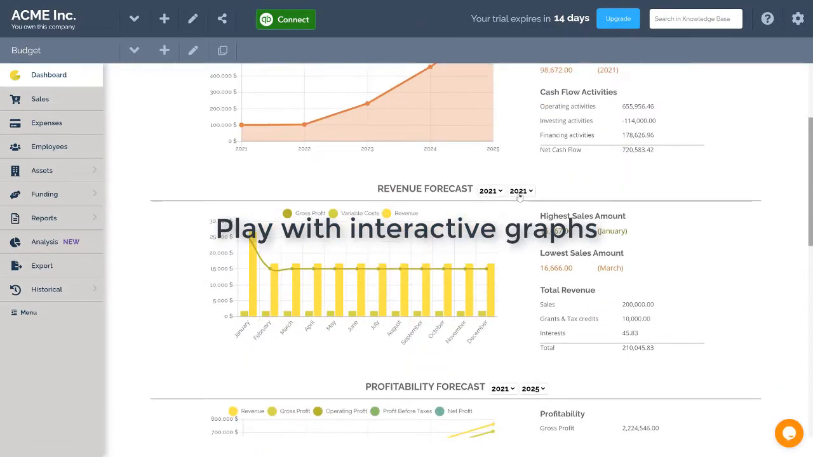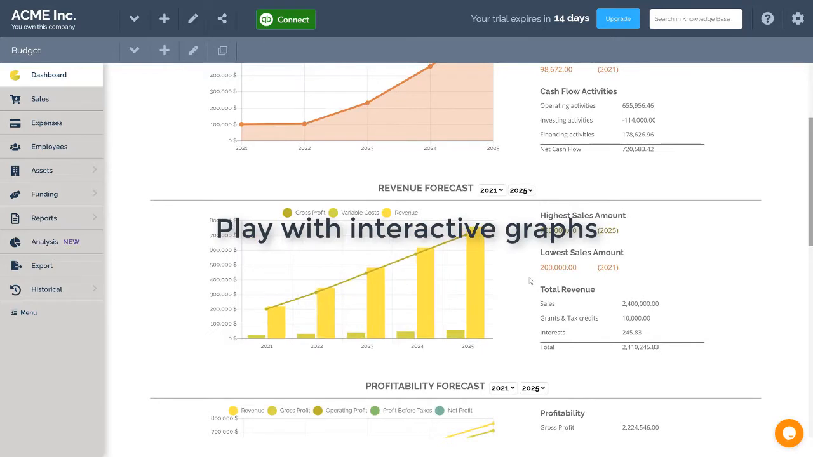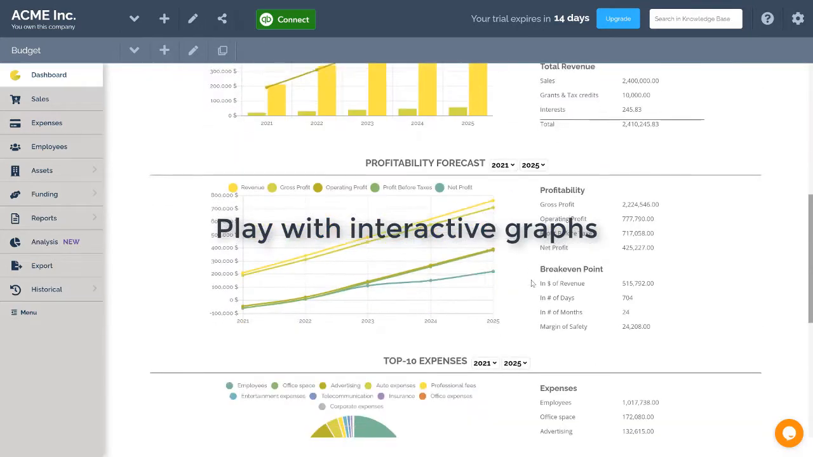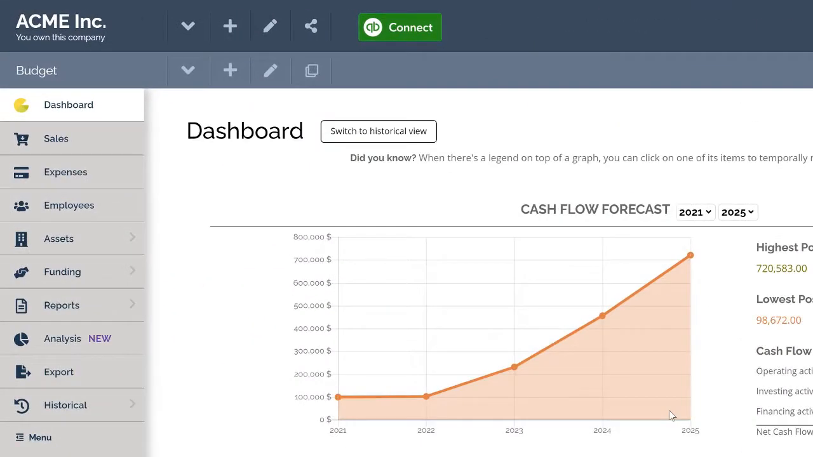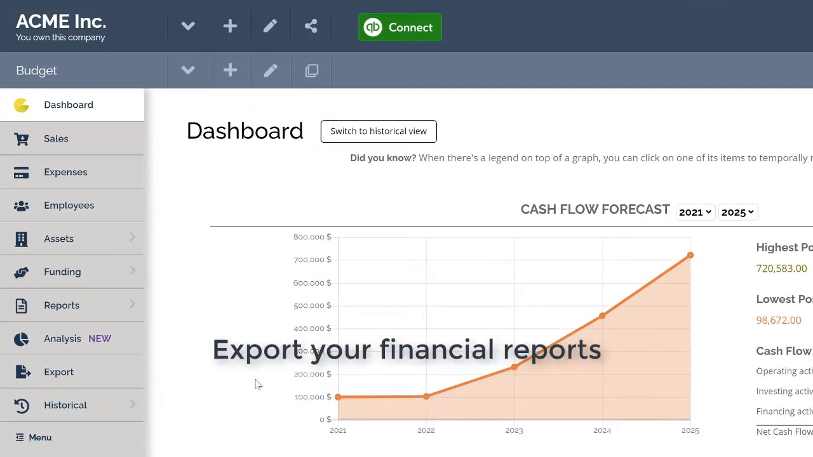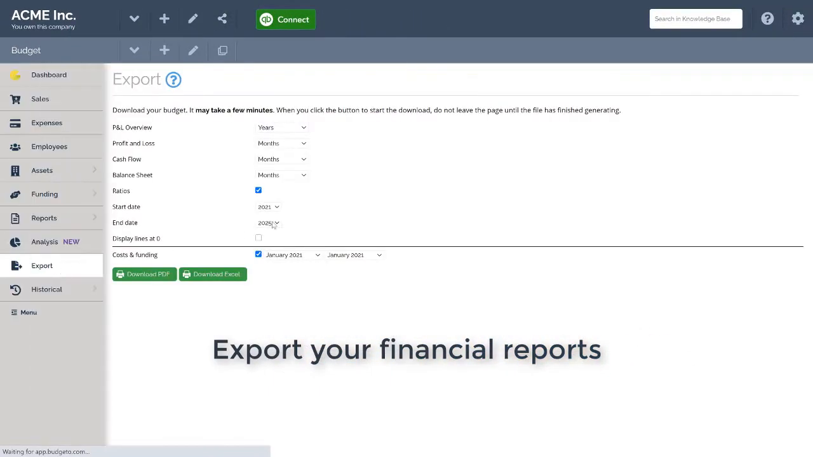On the dashboard, you can play with a variety of interactive graphs. Change the years, change what you want to show, expand it, make it smaller, play with it to the needs of your business. Once you are ready, you can export your financial reports in the Export menu on the left